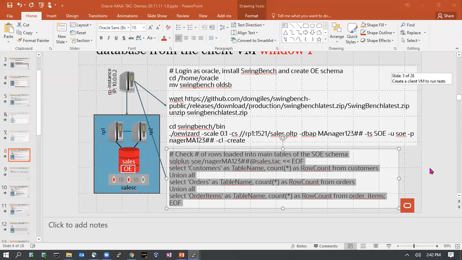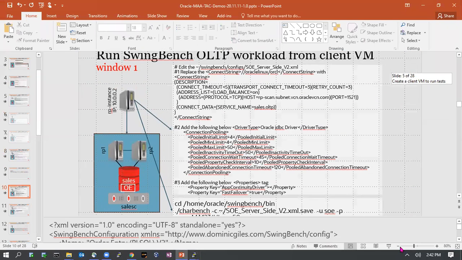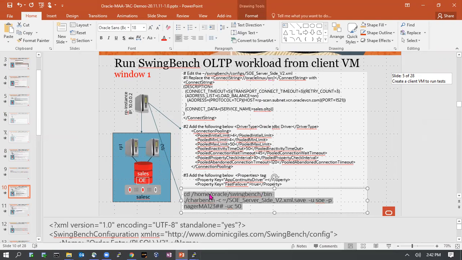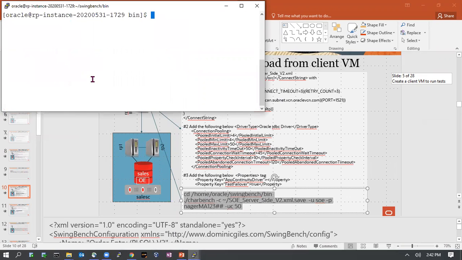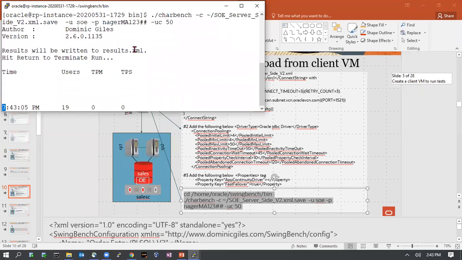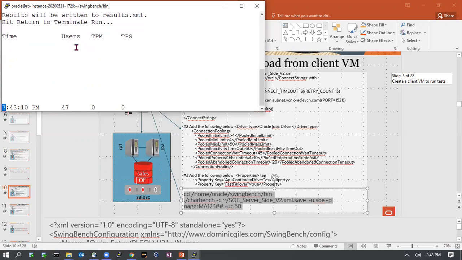Okay, then we are going to show the first demo. As I said, I already updated my Swingbench configuration file. So I can just go and run Swingbench in command line mode. It's running Swingbench in command line mode, and it opened 50 connections, and you can see this is the throughput,